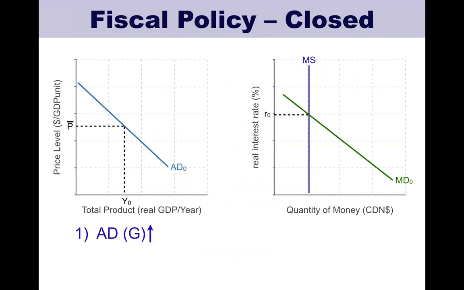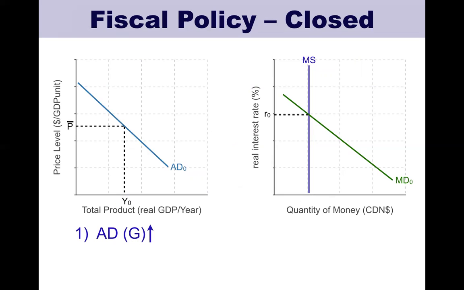So now that we have that taken care of, why don't we go ahead and take a look at fiscal policy in a closed economy? Now, again, notice that immediately you should be able to begin the question without much thinking, because the first step is going to be given to you in the question. Remember, monetary policy means increase the money supply. There's your first step. Now, in fiscal policy, we're talking about increasing government expenditure. There's your first step.